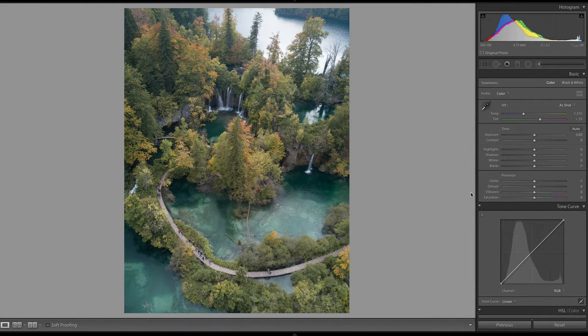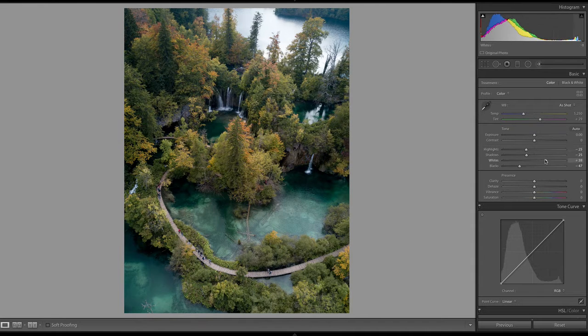Now I'm going to play with the exposure. Overall, the exposure looks a little bit bright to me. The shadows, the blacks, they're not too dark. And so I'm going to first bring down my blacks. And as I do that, you can automatically start to see a little bit more detail. It becomes a little bit punchier. Same with my shadows. And with my highlights, I'm actually going to bring my highlights down too. With my whites, I'll bring them back up a little bit just to bring back some of that contrast.